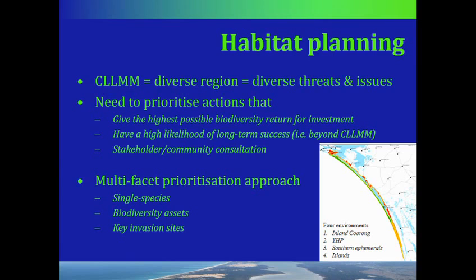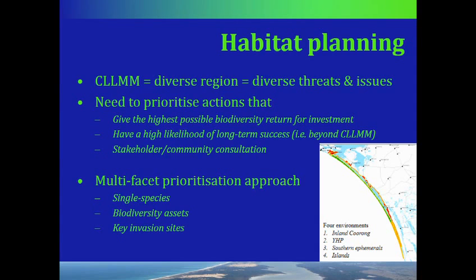You can see here, this is the map of the Coorong section of the plan. We broke it up into 4 environments. The inland Coorong edge in red there, which is a narrow strip. It's all narrow strip, as you can see on the map, but that's where you're getting different land ownership, roads, and that's Wingate as a point of reference right up the top, that red blotch. Then you've got Younghusband Peninsula in green, the southern Coorong ephemeral wetland system, and then islands. There's 43 islands scattered throughout the Coorong, so they were included as well.